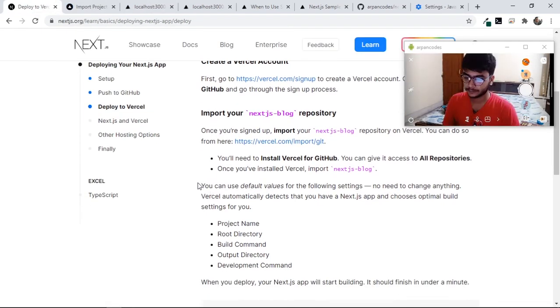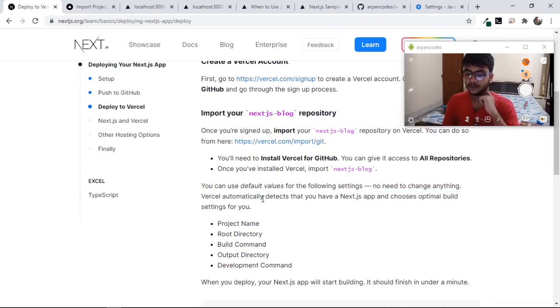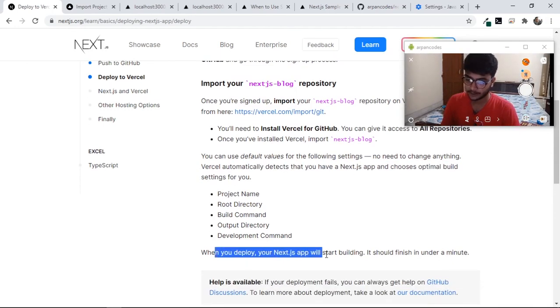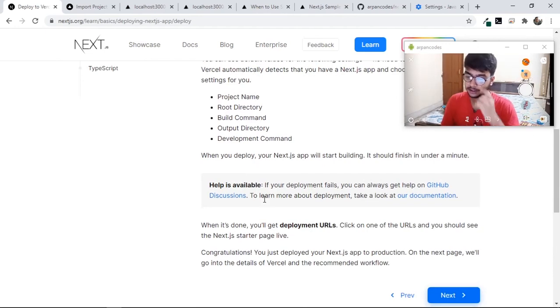Okay, so you can use default values for the following settings. No need to change anything. Vercel automatically detects you have a Next.js app and chooses optimal settings for you. When you deploy, your Next.js app will start building, and it should finish in under a minute. Help is available. If your deployment fails, you can always get help from